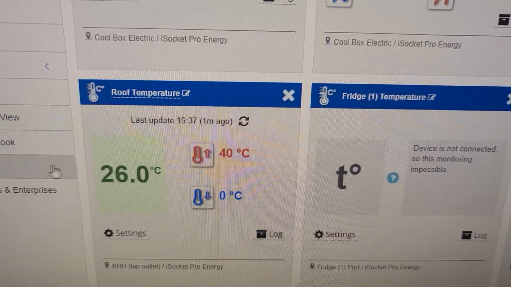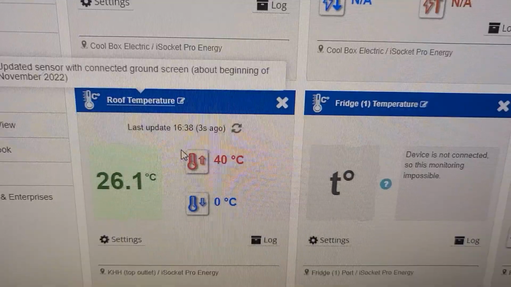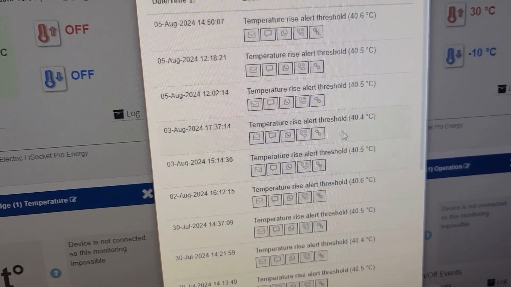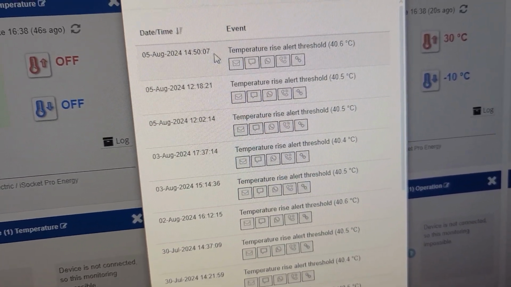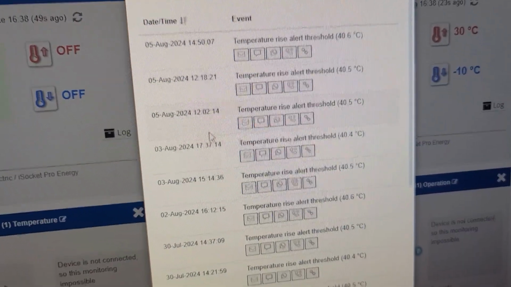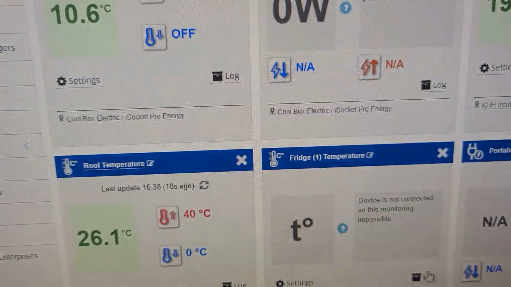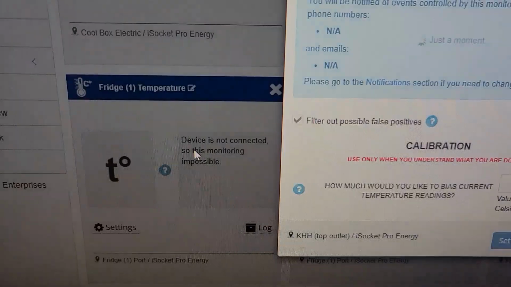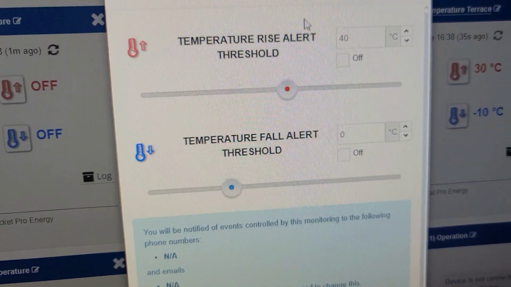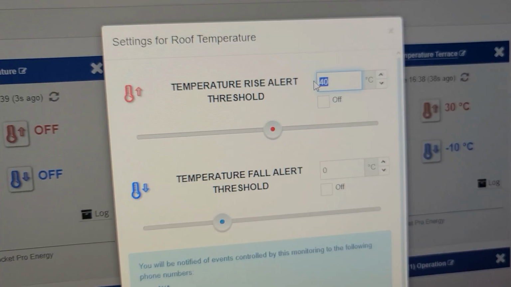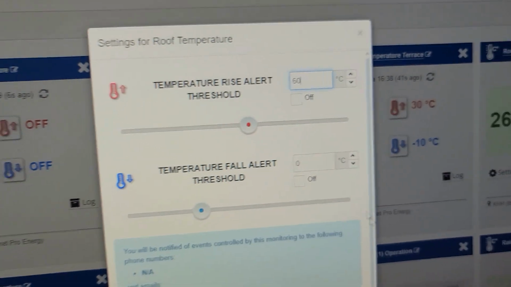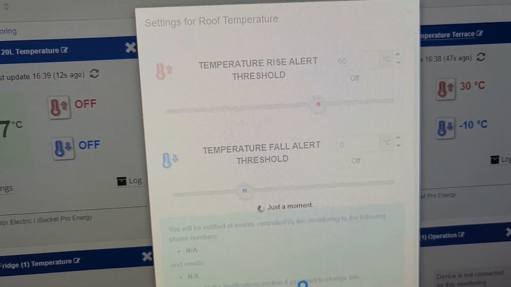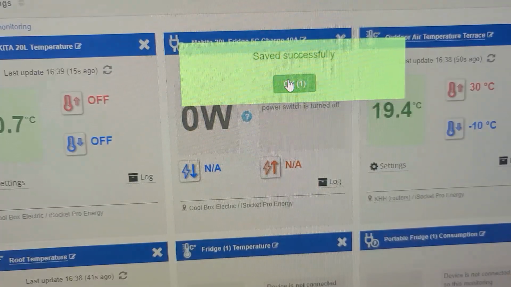I actually have a monitoring here about roof temperature when it rises above 40 degrees, and we can see how often it is. I'm currently thinking about changing this threshold specifically for monitoring the solar project capability. So, for example, I want to set it above 60. So I want to know how often we have that temperature above 60. Now it is August. I don't think we will have any decent sun, but let's just monitor it.